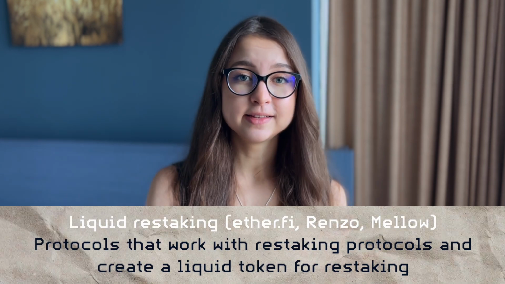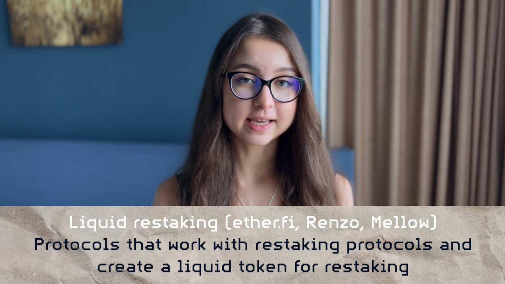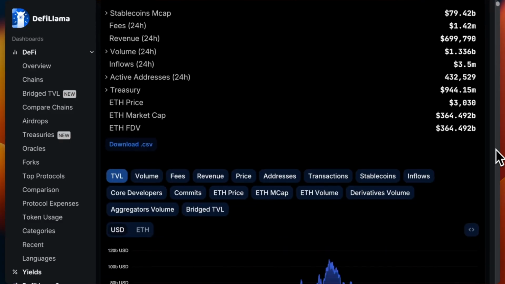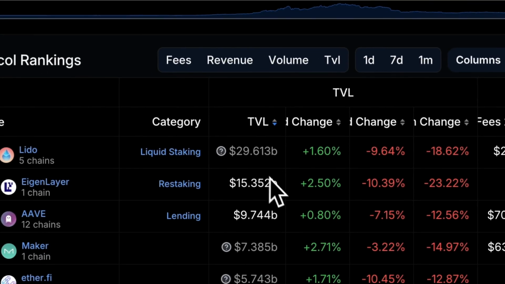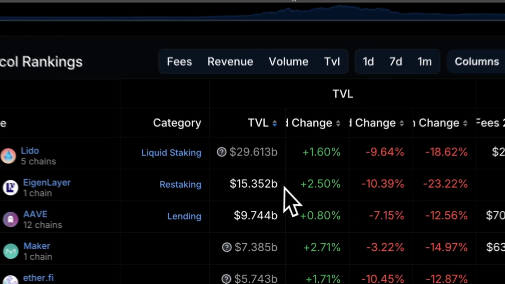And on top of EigenLayer, you can actually have the liquid restaking protocols. It may sound a little convoluted, and it is, but thanks to this extra rewards opportunity and new ways of farming, this raised a lot of interest among participants in the whole crypto sphere. So EigenLayer, being the first protocol, launched just over a year ago, gained significant popularity and is now the second largest protocol on Ethereum, right after Lido. Its TVL is $15 billion and Lido is just $30 billion.